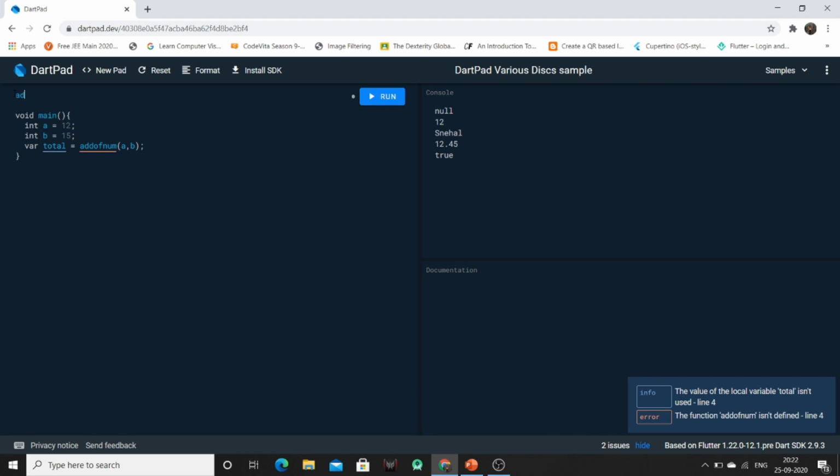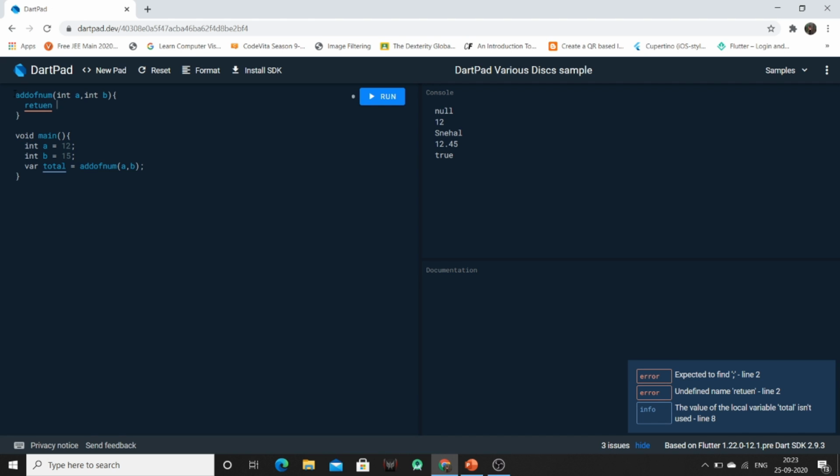So we can define this function, add of num, integer a comma integer b, and we can return the summation of a plus b. Now what is the information available?